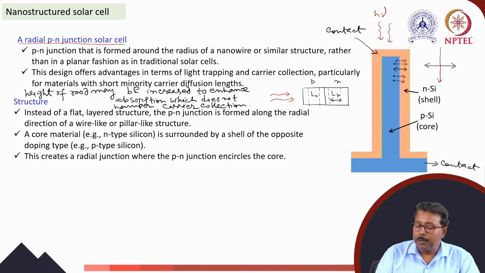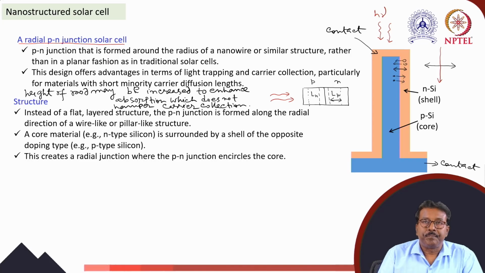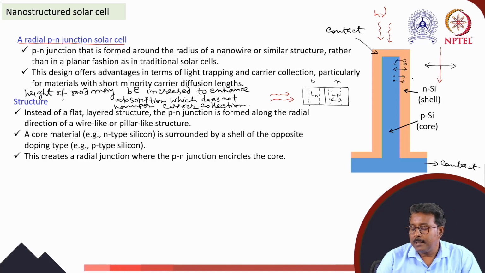And in such case of an array of such nano solar cells, another advantage we can get is scattering of light. As the nanowires are very closely spaced in an array, say a two-dimensional array along the x-axis and y-axis on a plane, more light will be captured due to incidence of light at the side wall and due to multiple reflections in the side wall of the nanorods. This is another advantage. So optical absorption can be enhanced, as well as